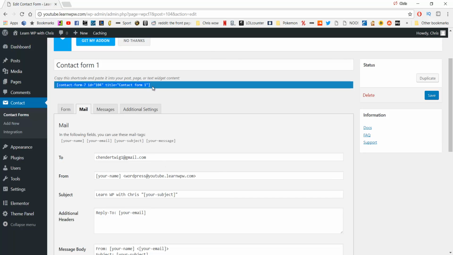And all we have to do then is see here, this is a shortcode. We're going to copy this, and this is what we're going to paste into our page. So you see here where this shortcode is, and we want to copy that whole little line of writing, and then we need to go to our pages and all pages,